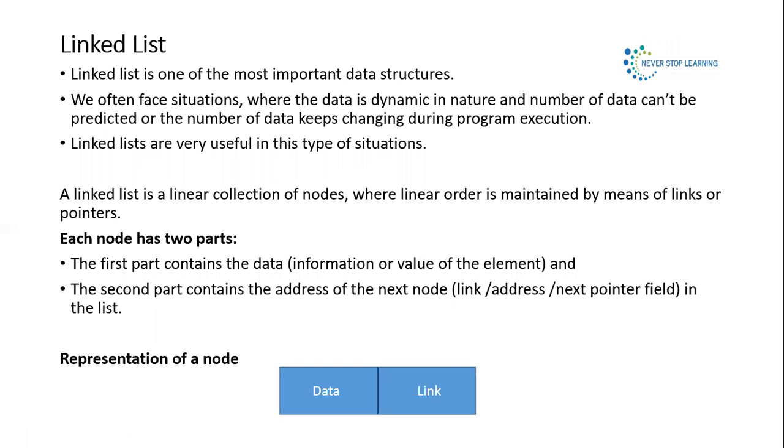And another important thing is inserting a new element in an array or deleting an element from an array is very expensive. So in such cases, linked list is very useful. So let's understand about linked list. A linked list is a linear collection of nodes. So here, see, a few new terminology you will encounter. So a node, this, if you can see, this is a node. So linked list is a linear collection of nodes where linear order is maintained by means of links,